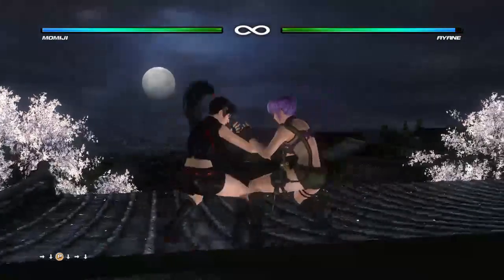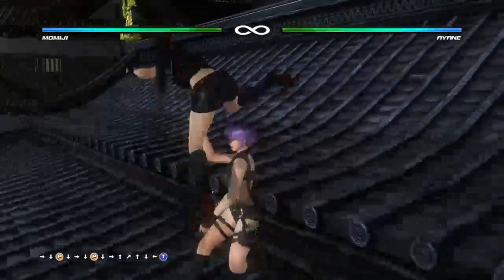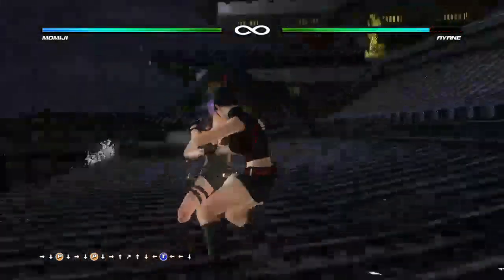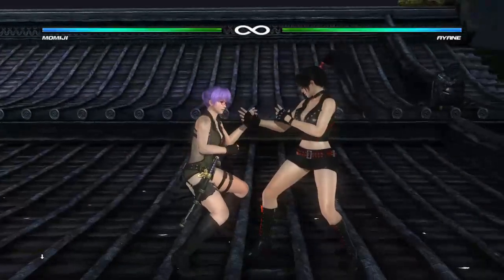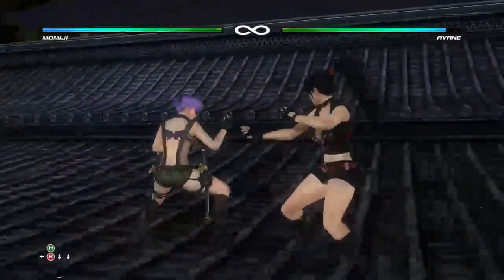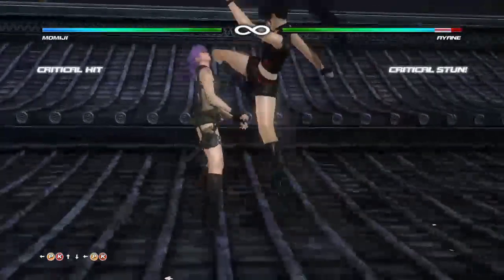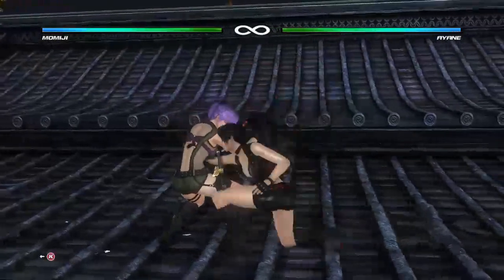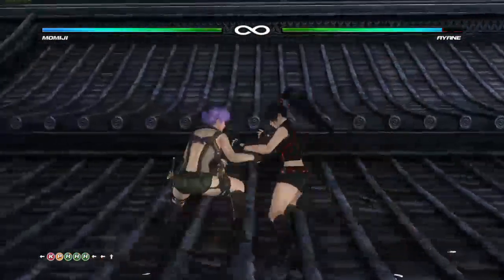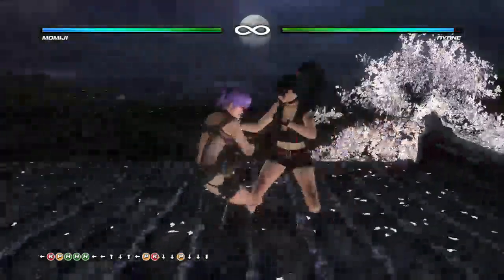Alright, I'll just show one other kind of big stun that Momiji can do, although for this move, it's probably the least recommended of the three. Alright, this one is 6H plus K. Like I said, if you open up the opponent with 6PK, that is the recommended one because of the good stun and the fact that the 6PK is